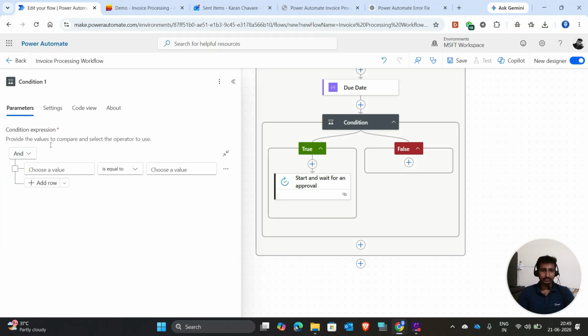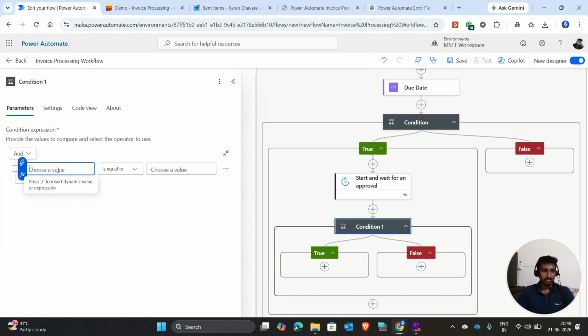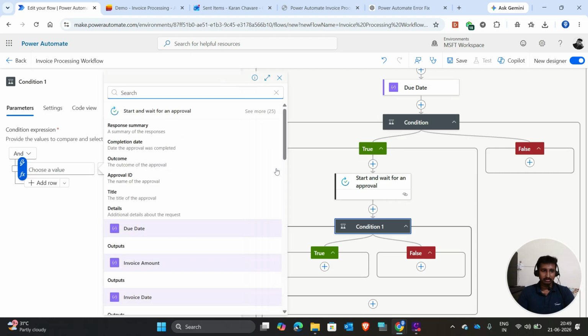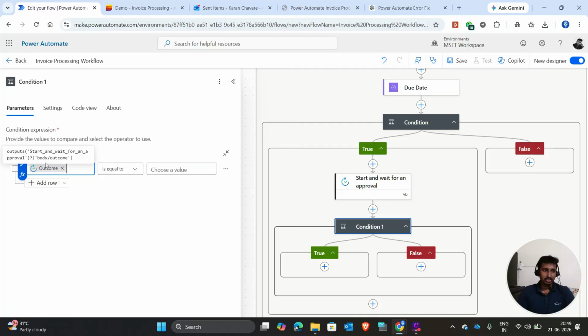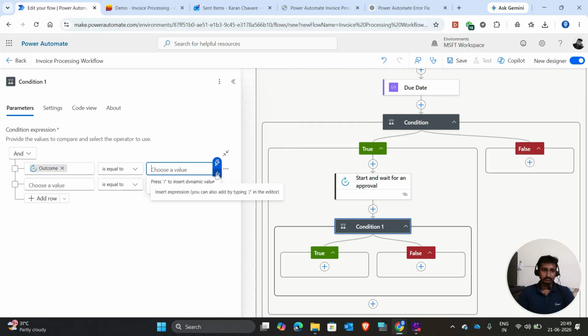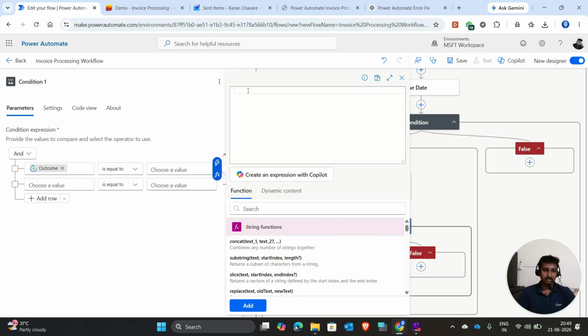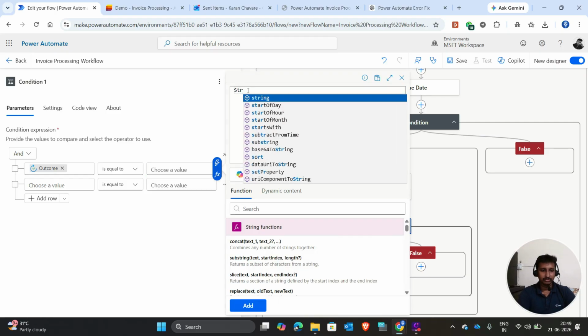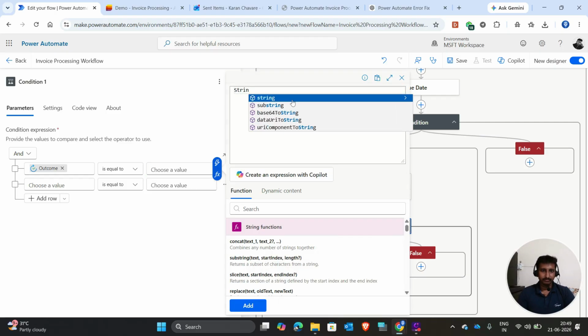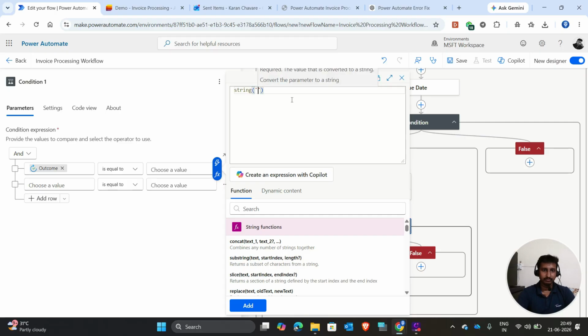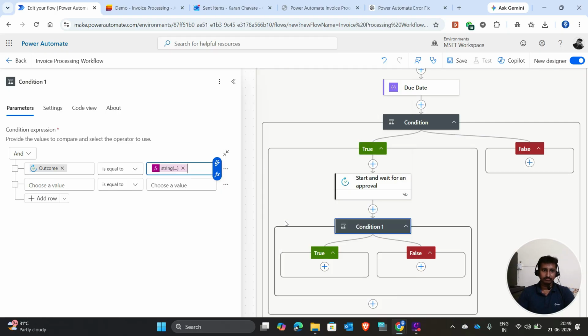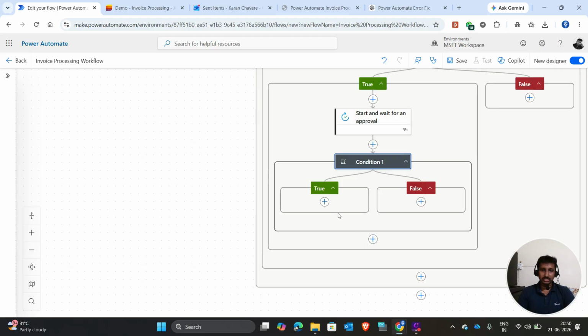Okay, and over here I will select a dynamic content. So here I will select the outcome. Now this outcome needs to be equal to approve. So I will just write over here as string approve. Okay, now if this condition is true,